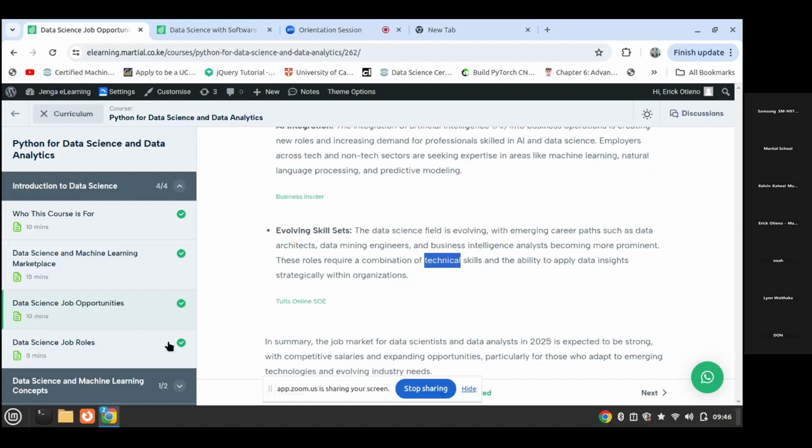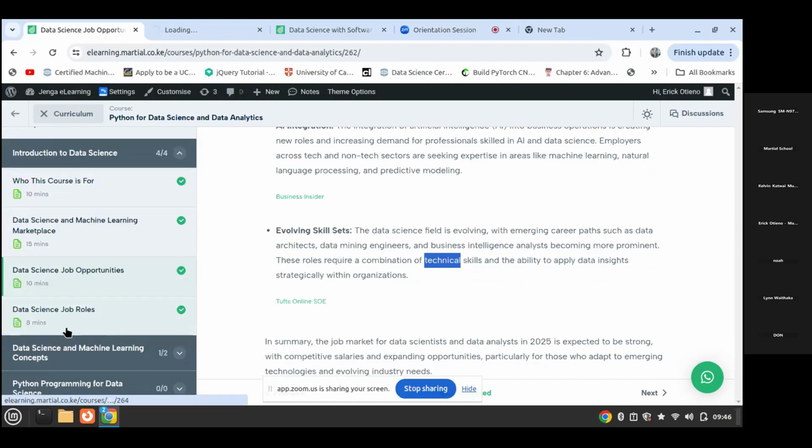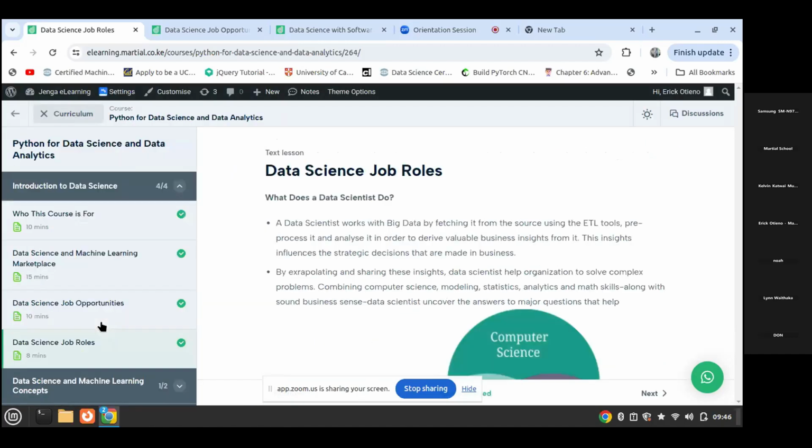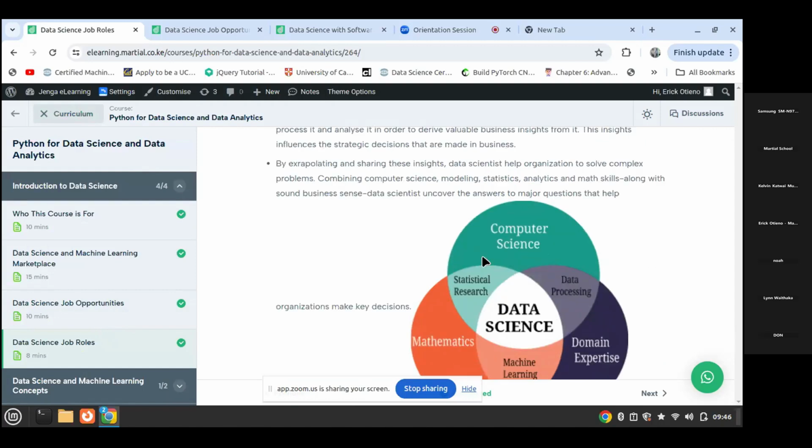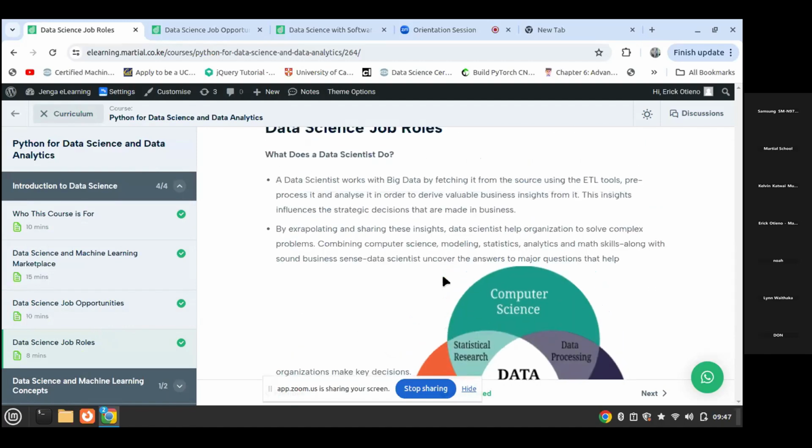Okay, so from there, I can now mention the roles of data scientists and data analysts. Let's see the roles, because if you take up this course, this is what you'll be doing in your day-to-day business. I hope we are still together. In case you have a question, I'm also looking at the chat.